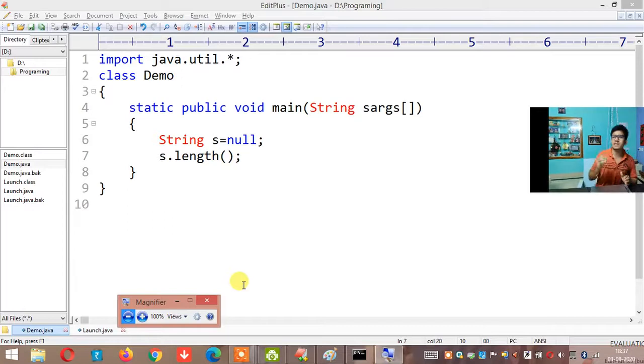What is the meaning of instance variable? Instance variables are those variables which are present inside the object. I have told you very clearly in the beginning of the classes, instance variables and methods are present inside the object. But static variables and static methods are not present inside the object. They are present in the class, right? Only instance variables and instance methods are present inside the object. Now length is an instance method. Watch here.